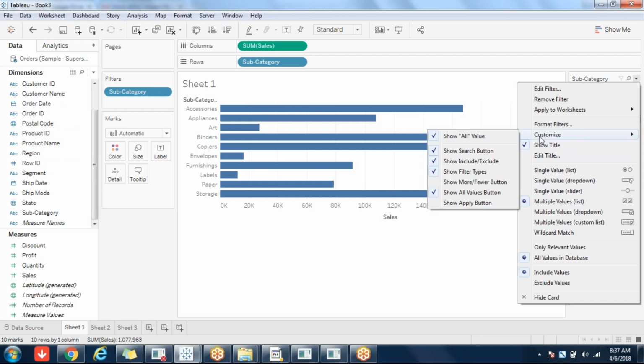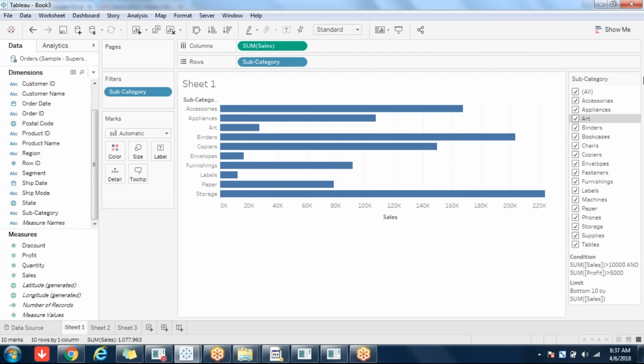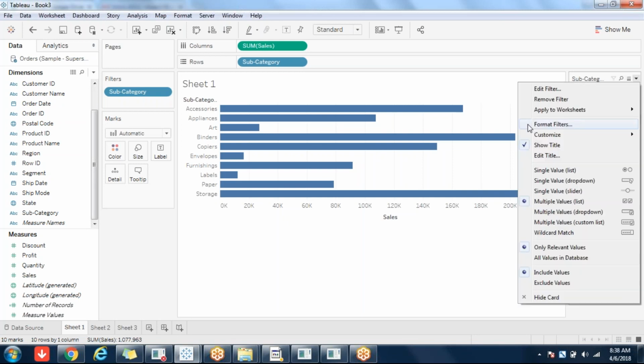Okay, so here it is, filter types. More or fewer button. So this one is the more or fewer button. That means if you have some 600, 700 values and you want to see only a few, that's when you go for this. Now, next is,